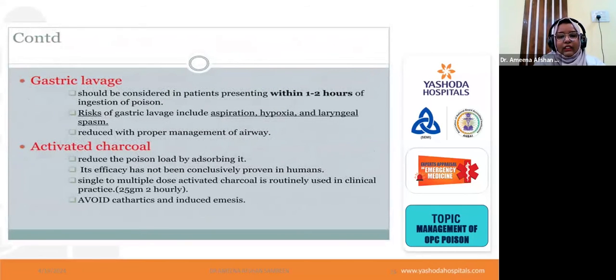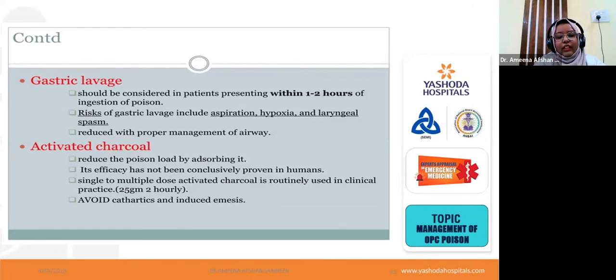So gastric lavage is useful if we do it within 1-2 hours of ingestion. Within 20 minutes, gastric lavage can decrease about 40% of the absorption. After 1 hour, it decreases to less than 10%. So if the patient comes within 1 to 2 hours, we do a gastric lavage, which is more beneficial. But it has its own risks, as we know: aspiration, hypoxia, laryngeal spasm, and